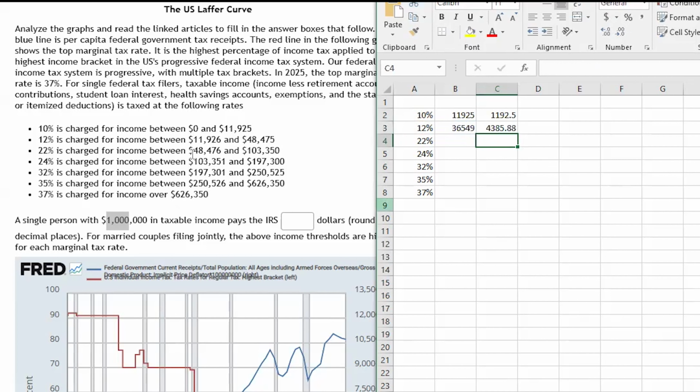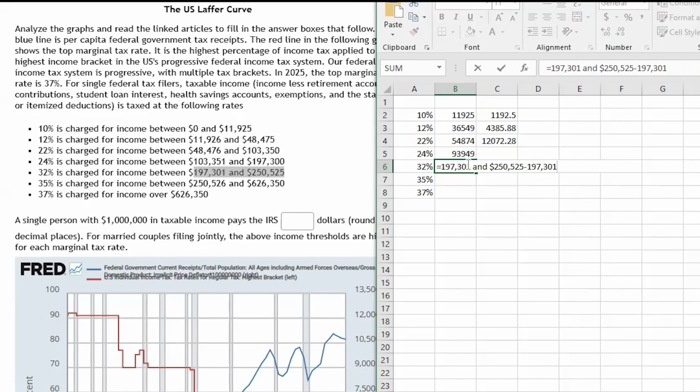So I think to make this easier, I'm going to copy this into Excel. And then the characters that are letters or dollar signs, now they're going to pay 22% on the next $54,874. They're going to pay 24% on the difference in these two numbers. They're going to pay 24% on the next $93,949. They're going to pay 32% on the difference in these two income thresholds. So 32% on the next $53,224. And then they're going to pay 35%